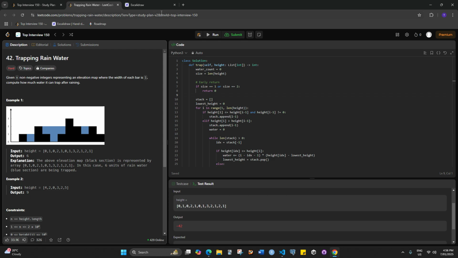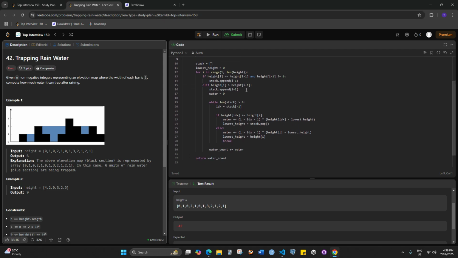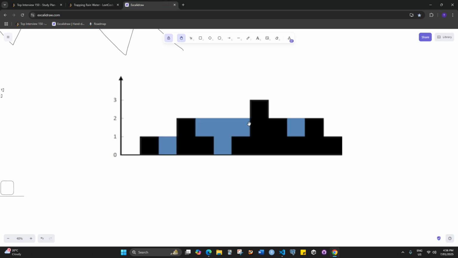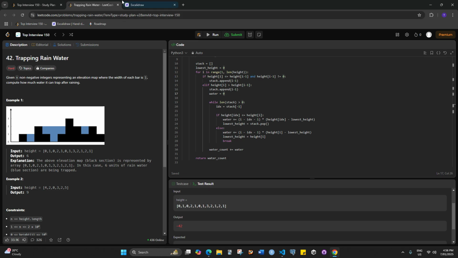We do lowest height is equal to 0. It's probably got something to do with the lowest height, honestly. Let's just see. So for I and this, if height I is less than I minus 1, which it is,